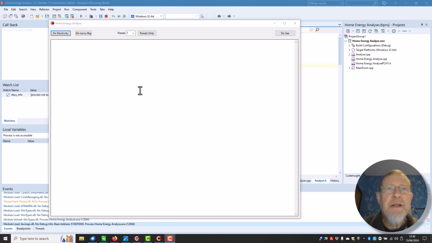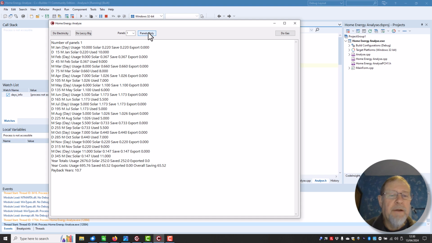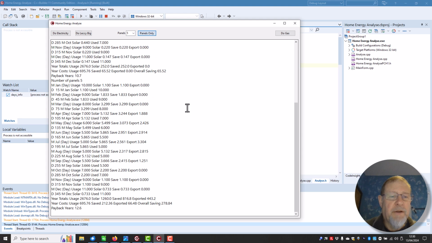So okay, assuming we didn't have an electric car and we had Octopus's EV and solar panel price plan, which gives us 15p per unit exported. Well, with one solar panel it doesn't make any difference because we're not exporting anything. So let's real quick just put that onto 5 solar panels. So that's 12.6 years, so that pulls it down a little bit. And 10 panels, oh come on, 10 panels, 14.5 years, so it's a bit better, and I have actually plotted